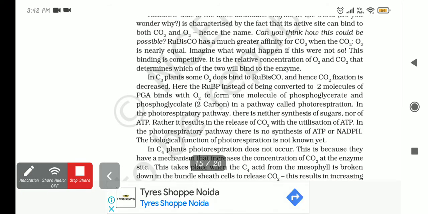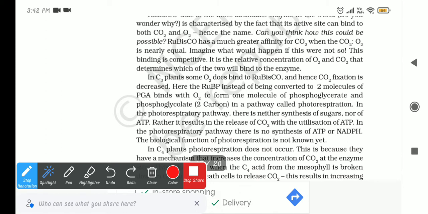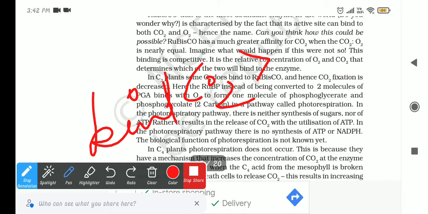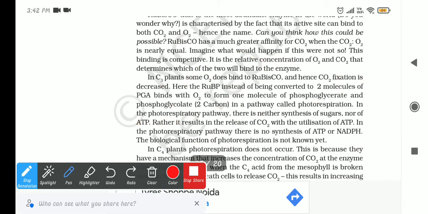And rubisco has much higher affinity for CO2. It somehow likes to bind with CO2 more than O2. So that's the problem of rubisco, that it has greater affinity for CO2. And imagine what will happen when